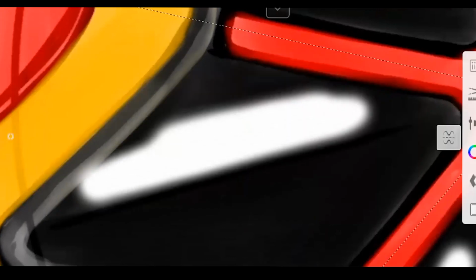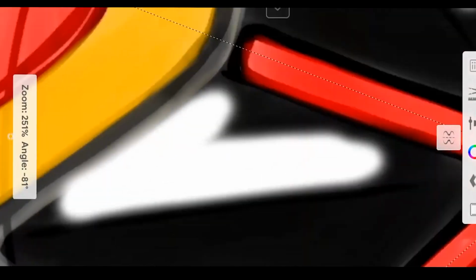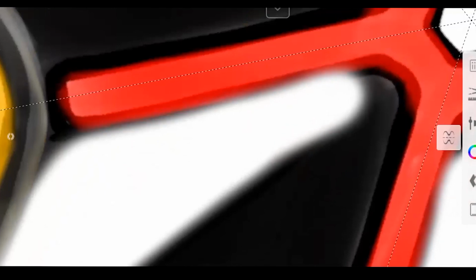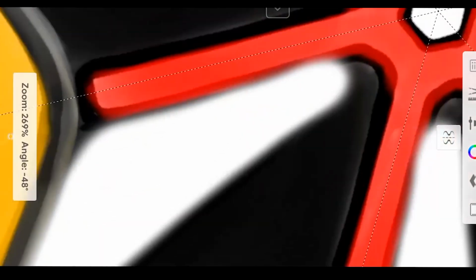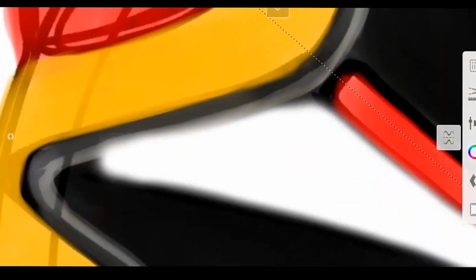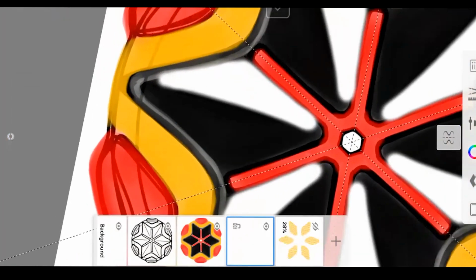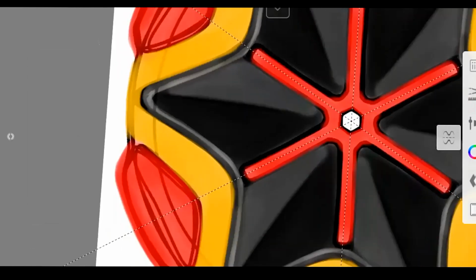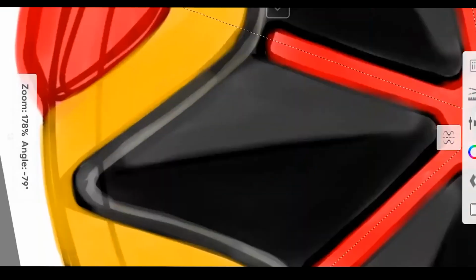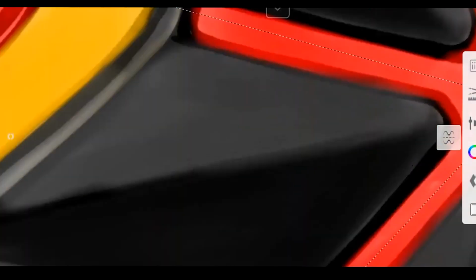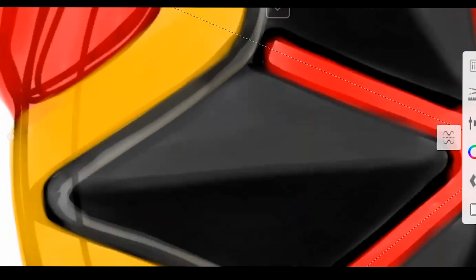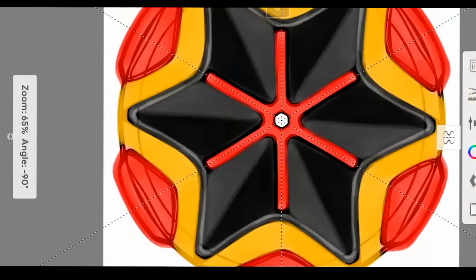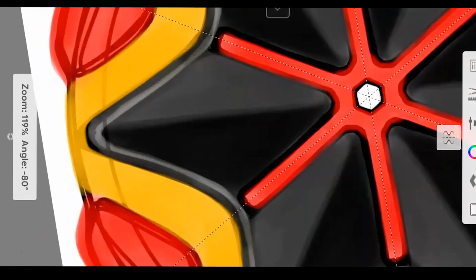And now I will give a little light effect so that this area is the main highlight where the light falls directly. So now it is very odd looking. Now when I decrease the opacity, we can see. Now it looks more prominent. That's why I did it on a separate layer. If I had gone for the same layer, then it would have taken time.